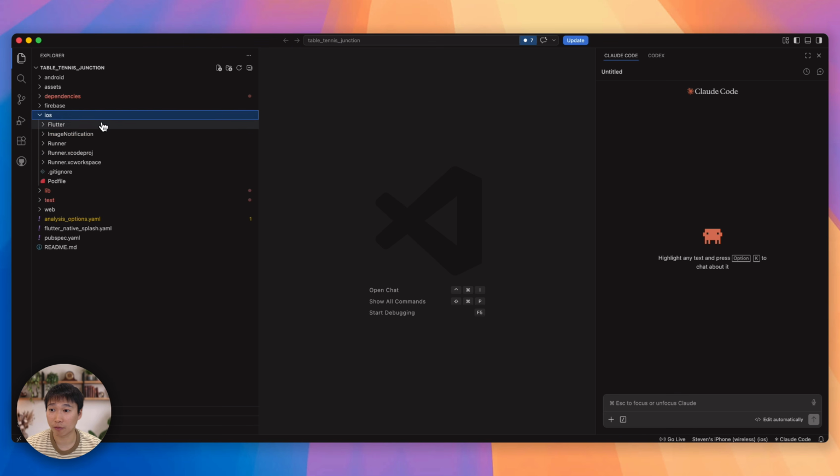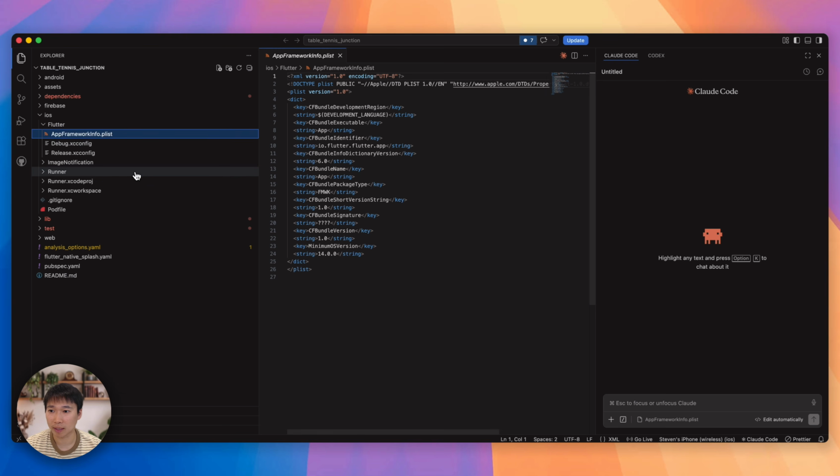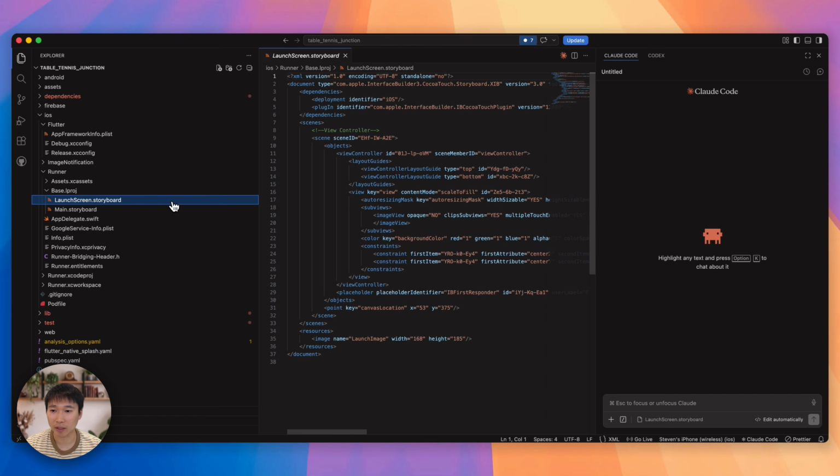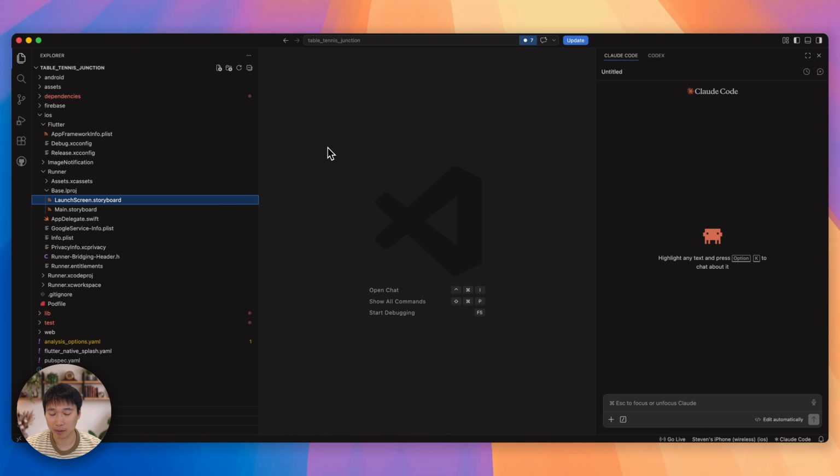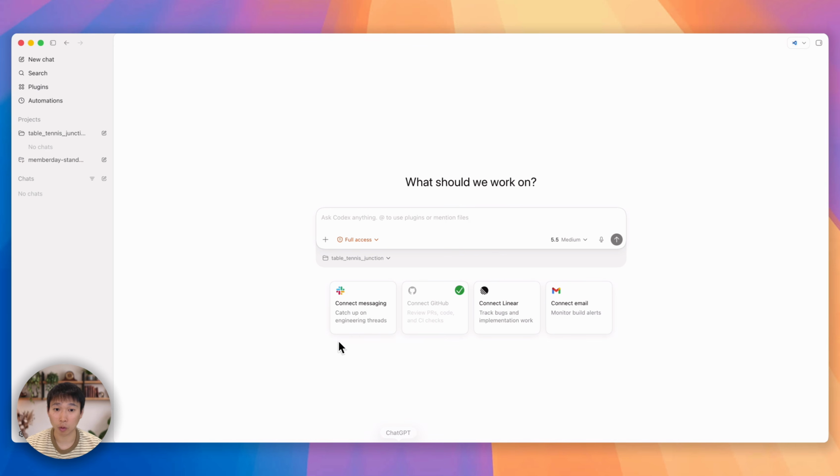This might look daunting at first, like, what are all these little things going on here? What are these files? What are these lines of code? Don't worry about it. I don't want that to be a limitation because you're scared of it. This is the same thing as when you first open FlutterFlow. You're like, what is this screen? I like using Visual Studio Code, but you can use Codex or Claude Code if you want.